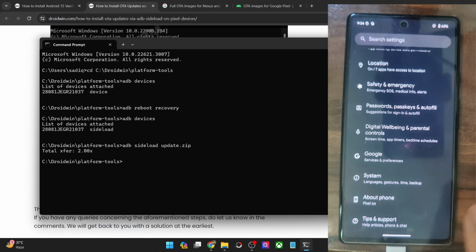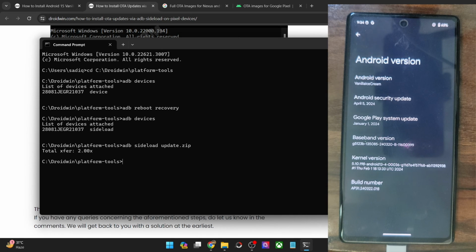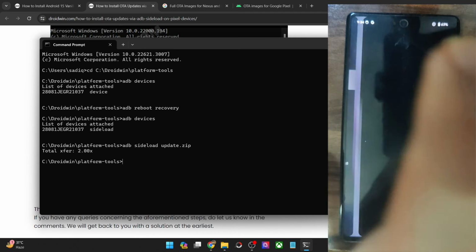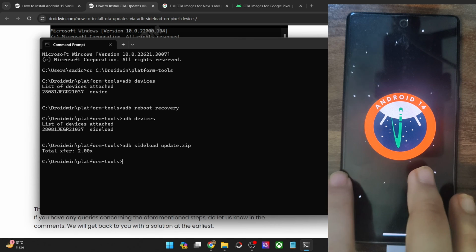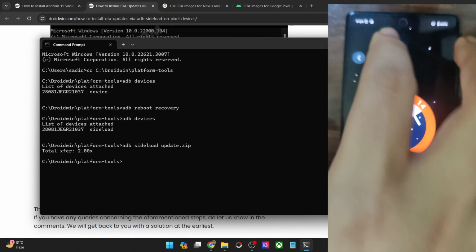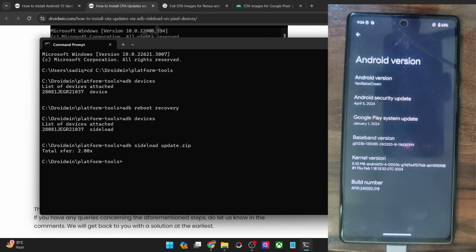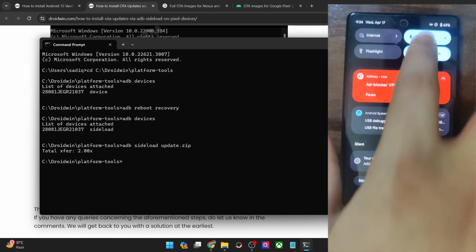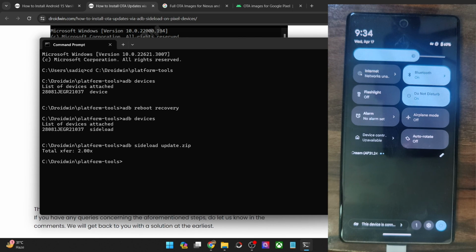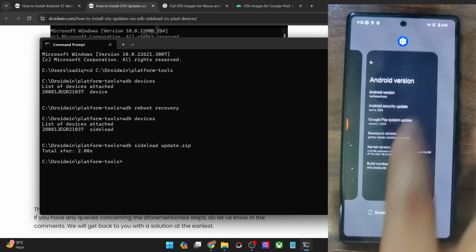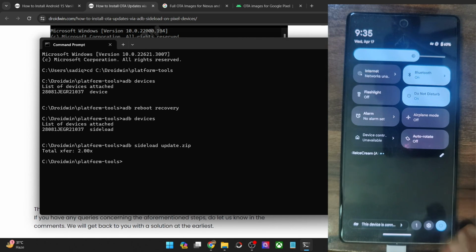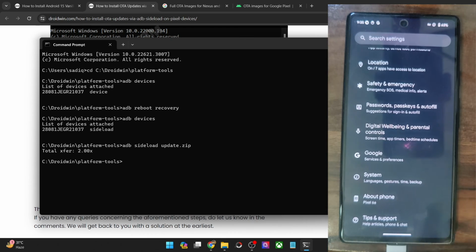Let me show you from here. If I go to the About section, as you could see, this is the Android 15 Vanilla Ice Cream build. Let's check out the Easter egg, it has not been updated as of now, but this is the Android 15 Vanilla Ice Cream, and you could verify the same from here as well. As you could see, the Android 15 Vanilla Ice Cream, and the build number is also given there. We are on the latest build of Android 15.